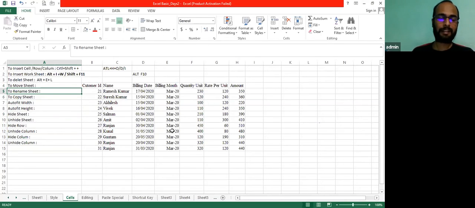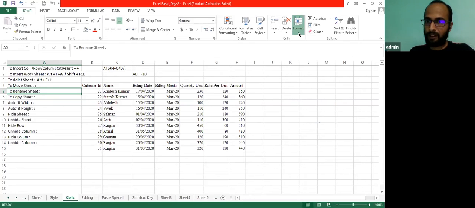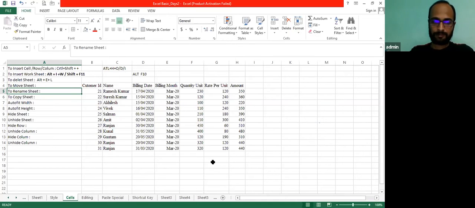Like I have prepared 3 sheets, 4 sheets, and I want to rename it. Let's suppose I want to add the name basic Excel. How can we do it using shortcuts? See, you can find here in the cells option, you will click format. Then there is an option to rename the sheet, but how can we do it with the help of shortcuts?